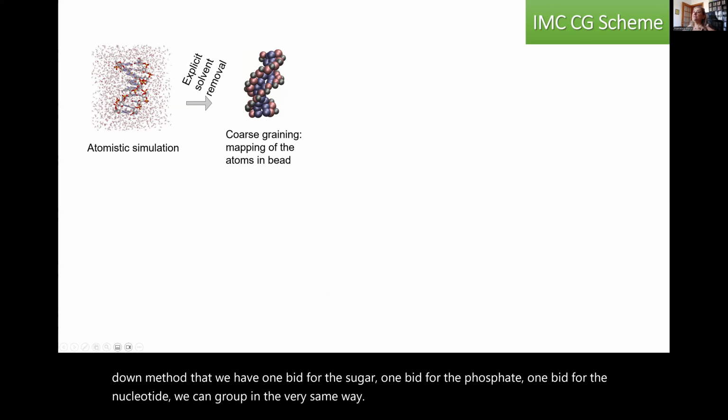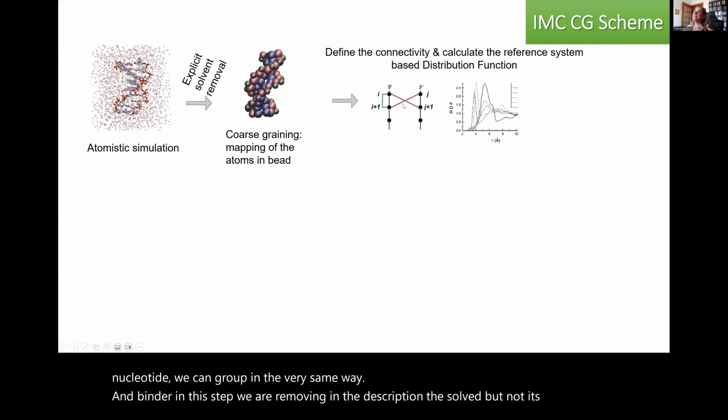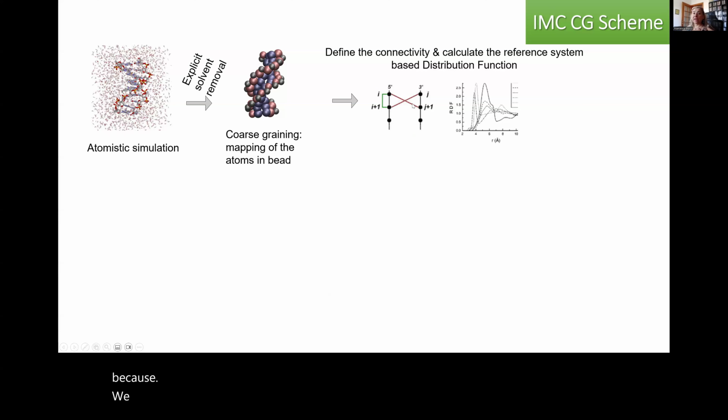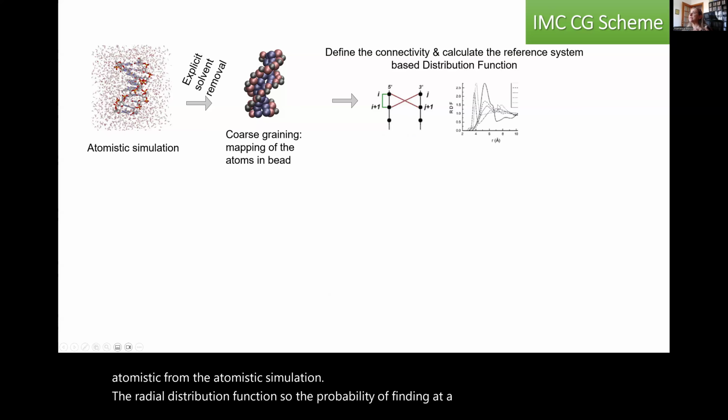And then in this step, we are removing in the description the solvent, but not its effect, because we decide how these particles interact with each other, and we decide which spatial distance we want to consider. So for example, the distance between two phosphates or two bases that are on opposite chains, and we calculate, from the atomistic simulation, the